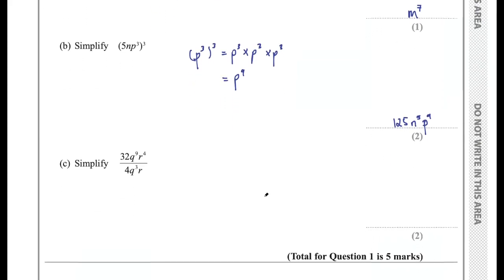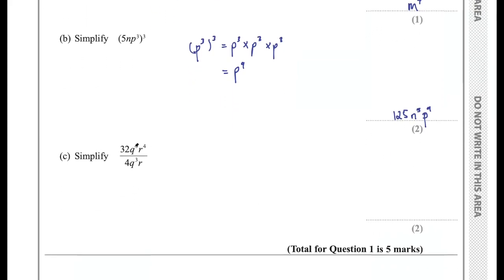Part C says simplify 32q to the power 9 r to the power 4 over 4q cubed multiplied by r. For this, you need to know that when you are dividing numbers with the same base, so here we have a q to the power of something and a q to the power of something in the denominator, when you have that same base, you can subtract the powers. And for the numbers, we just do regular division. So 32 divided by 4 is 8. Q to the power 9 divided by q to the power 3, we do 9 take 3, so it's q